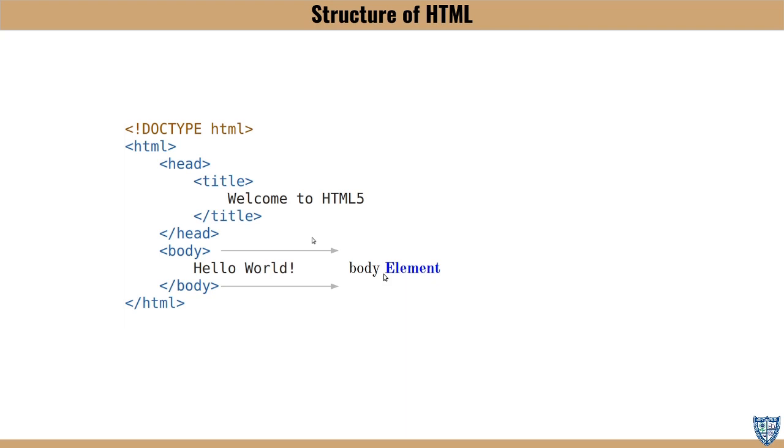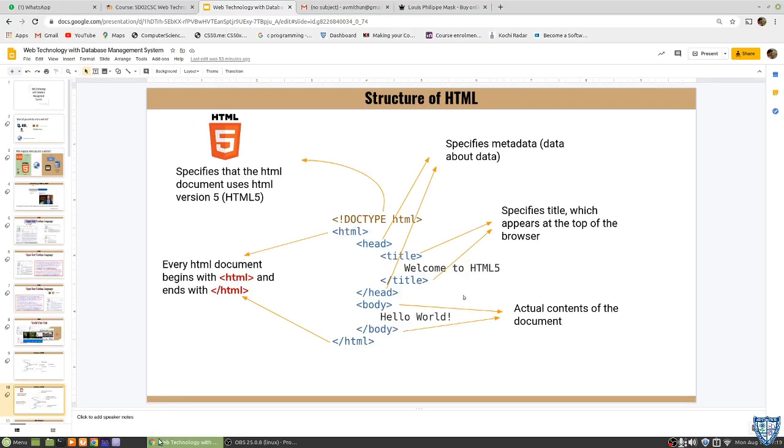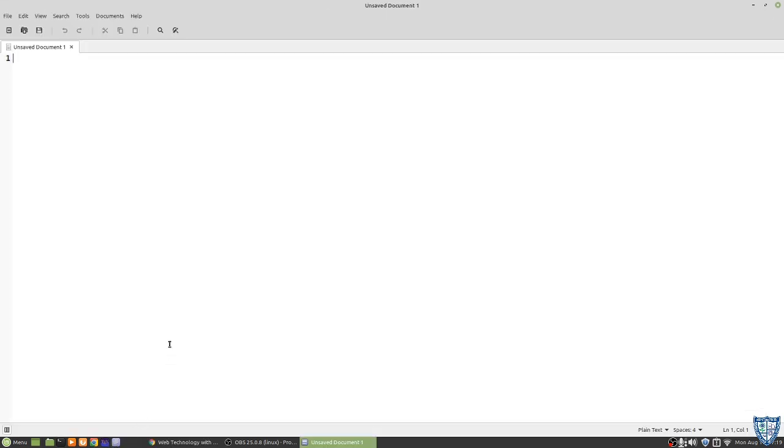Now we will try to do it on my computer. I'll write this down and then show how it looks in a web browser. For typing HTML, you can open any editor on your computer, Notepad if you are using Windows, or a text editor if you are using Linux. So I'm going to type my HTML code here. The first thing is I want to say I am using HTML version 5. That is done using doctype HTML.